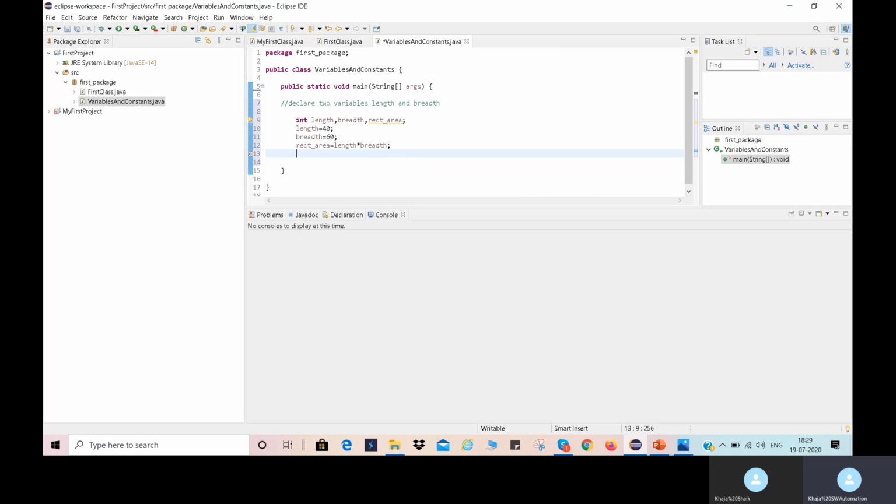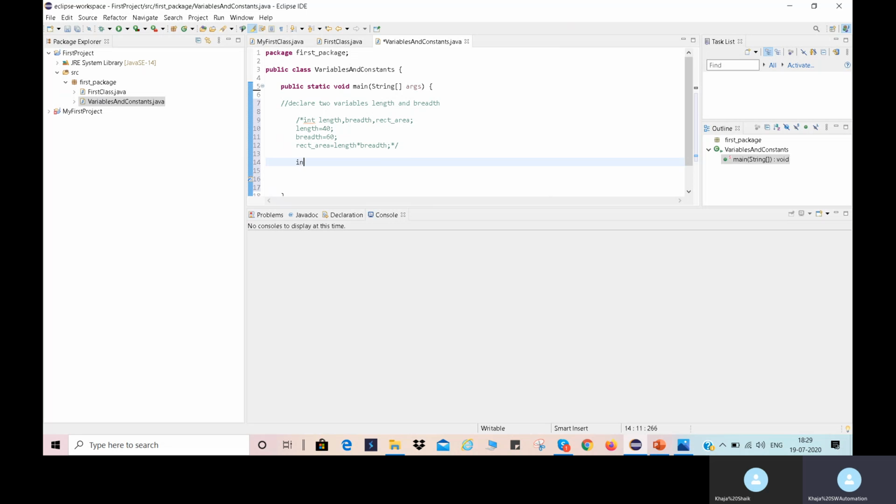So I have declared some variables and I have calculated the area also. The same statements I can write like this also. In a single statement, I can represent all these statements.